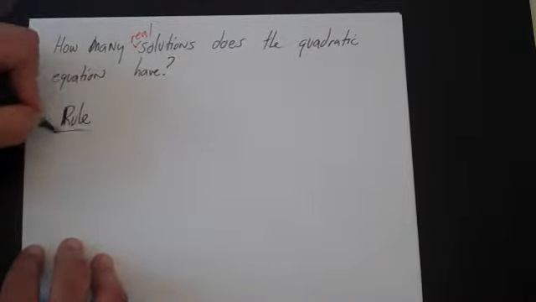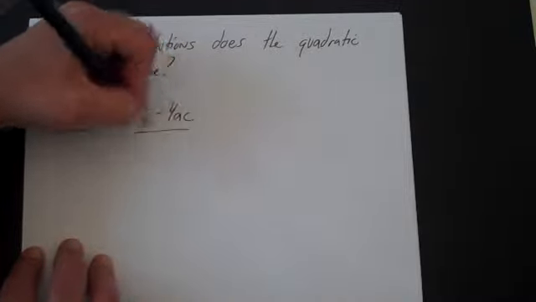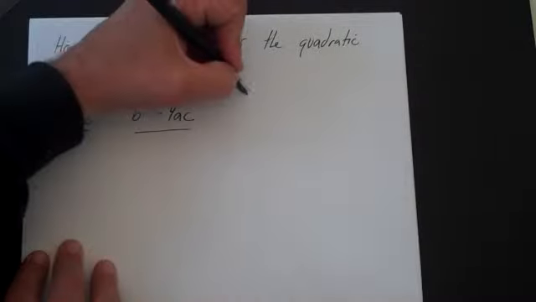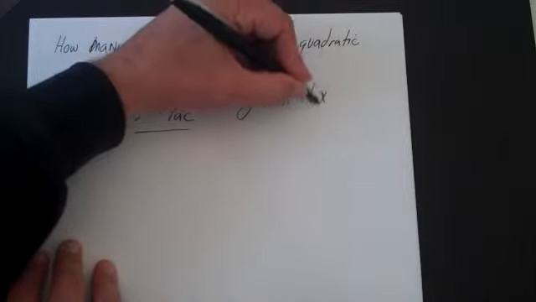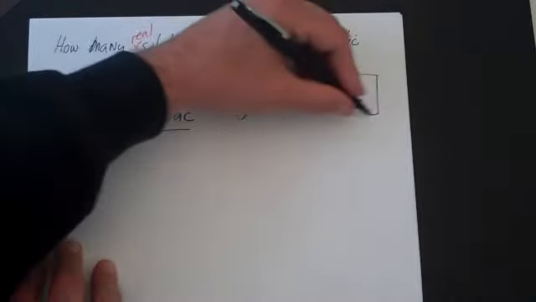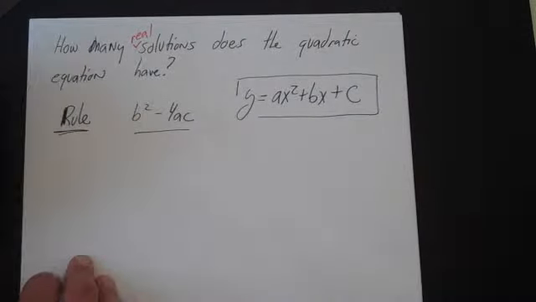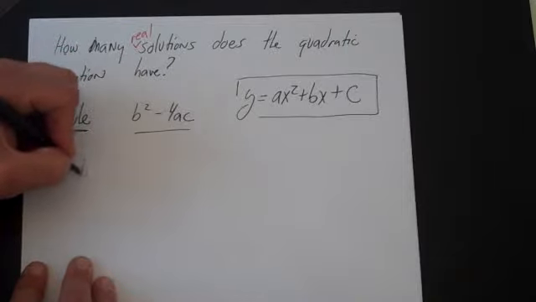The rule that we're going to use is we're going to take b squared minus 4ac, right? And this is for a quadratic written in standard form, so the standard form being y is equal to ax squared plus bx plus c. So when it's written in this form, we're going to call the discriminant b squared minus 4ac. And the rules are going to be this: if b squared minus 4ac